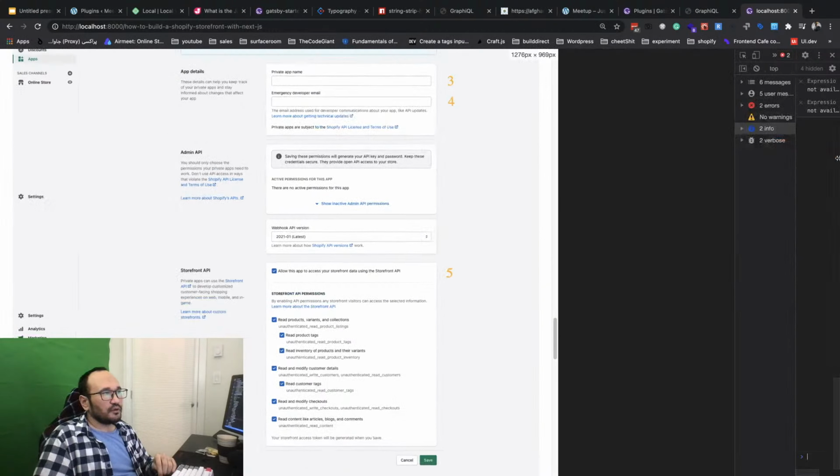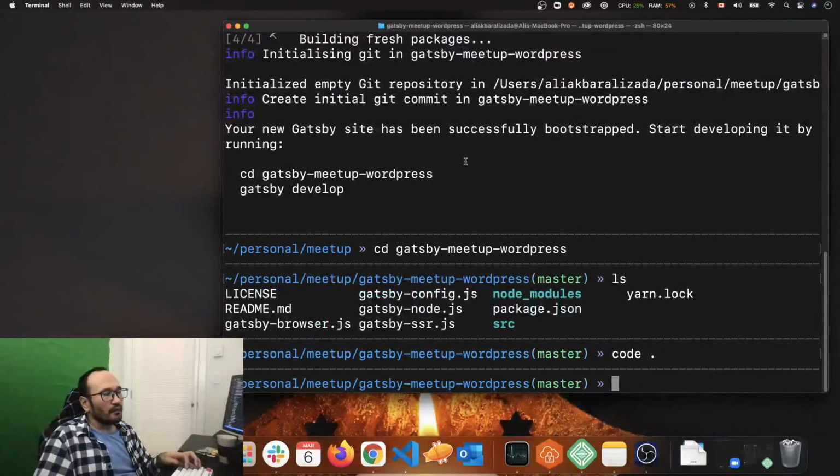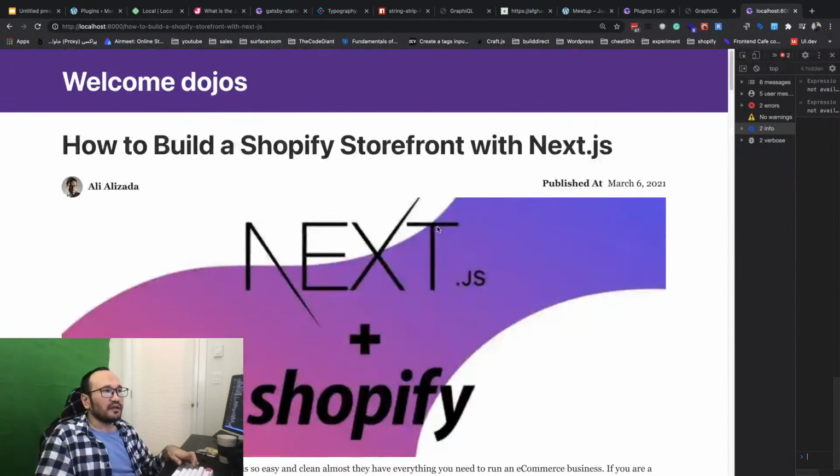So technically I'm going to go through the code of what I did. Here I import some useful libraries, and also we have Gatsby Image, GraphQL, and a layout component to show the top header, and if you have a footer you can add it.